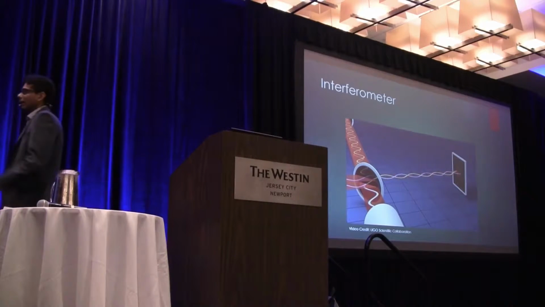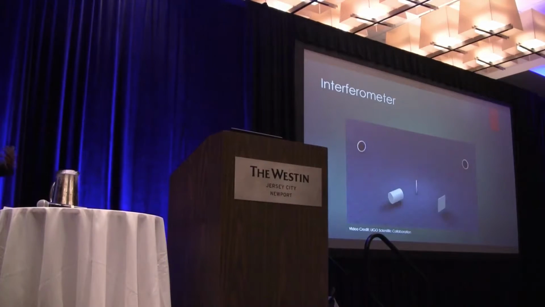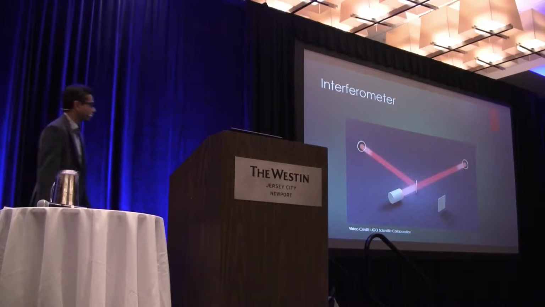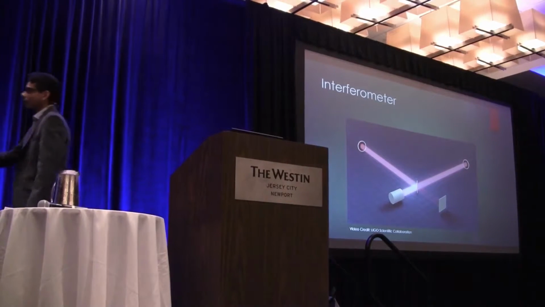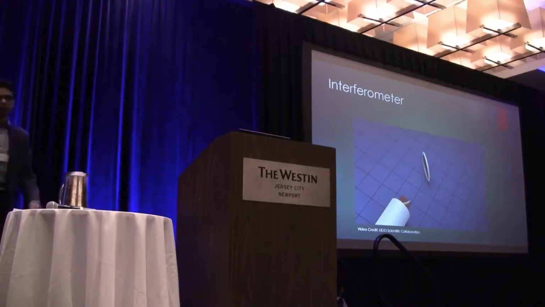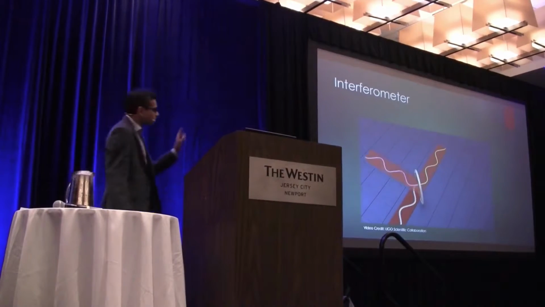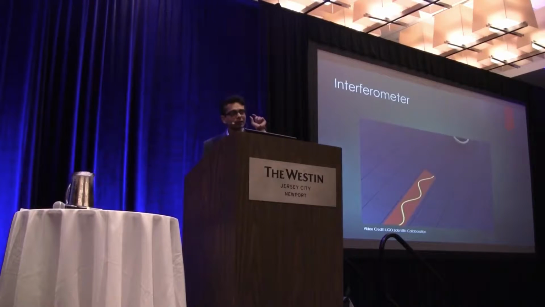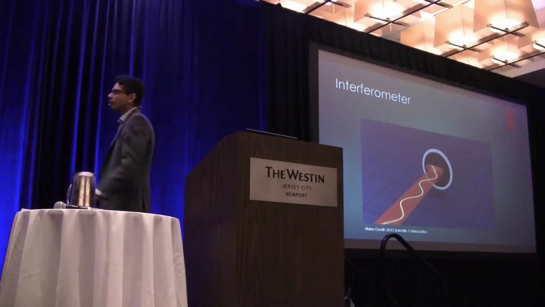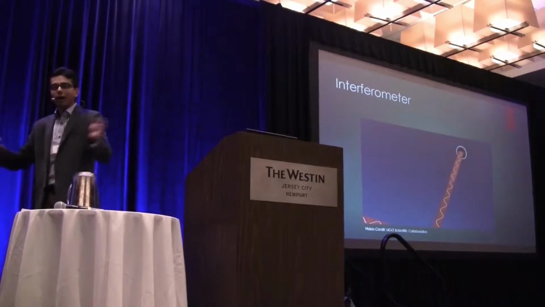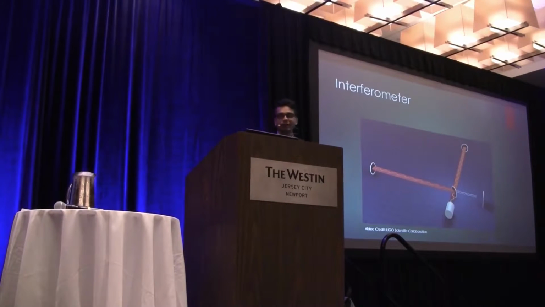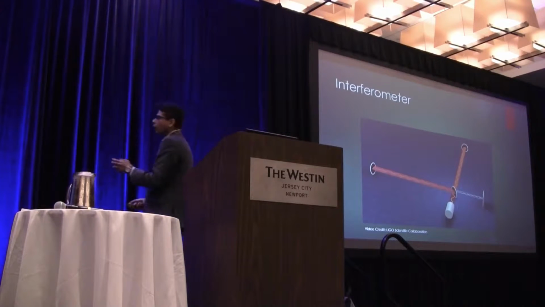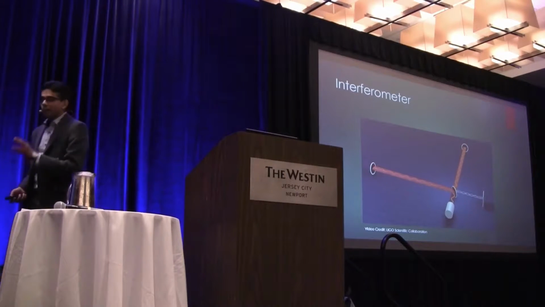Just to give you an idea as to how precise this measurement is, this is the most precise measurement ever made in the history of humanity. The detection that was made last September changed the length of this tunnel by 10 to the minus 21. Right? So 4 kilometers multiplied by 10 to the minus 21. That was the change in the length of the tunnel as a result of the gravitational wave. Even you and I change in scale by whatever our sizes are times 10 to the minus 21. It's absolutely minuscule. It's about 1/1000th the diameter of a proton.